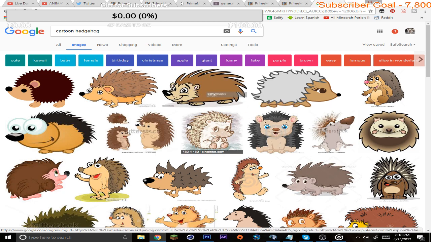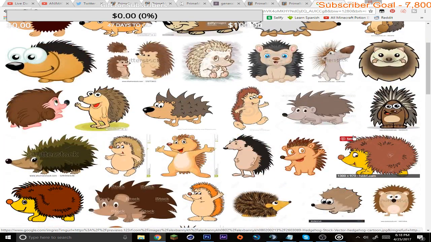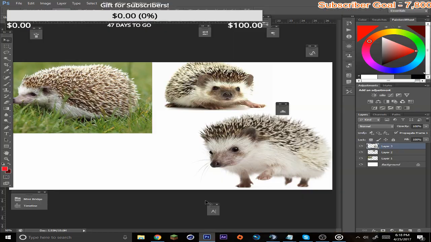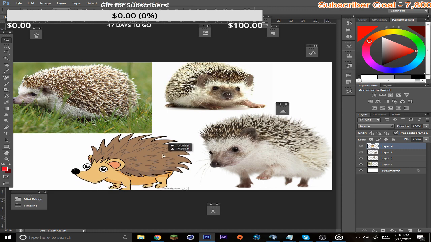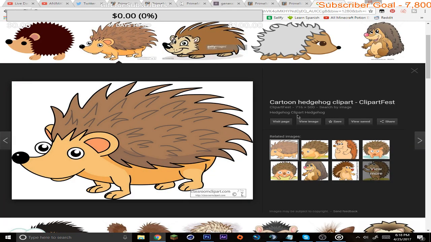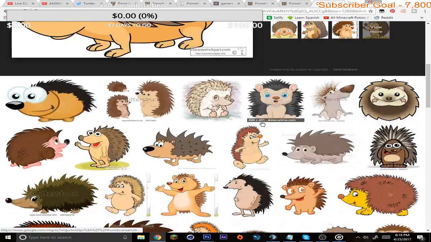As for cartoon hedgehogs, we just want simple ones almost. So we can have a hedgehog like this guy. He's a very simple hedgehog almost. Nothing too advanced. Just very simple, which is something I like. I like simple drawings like that.